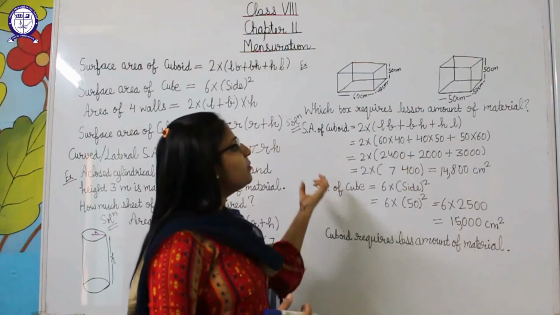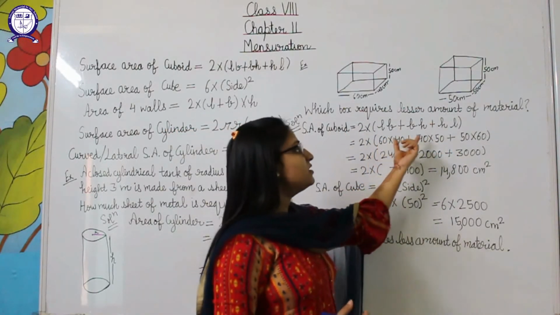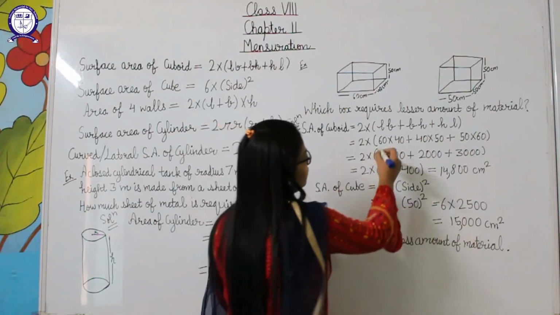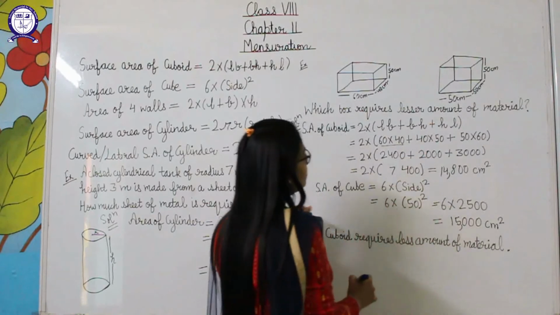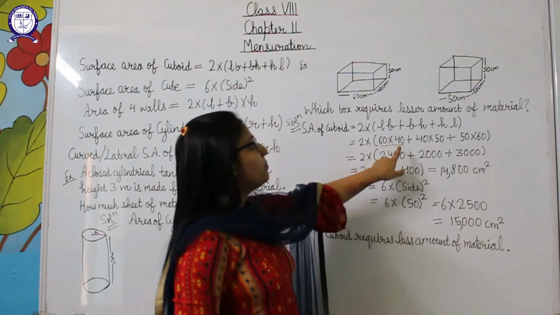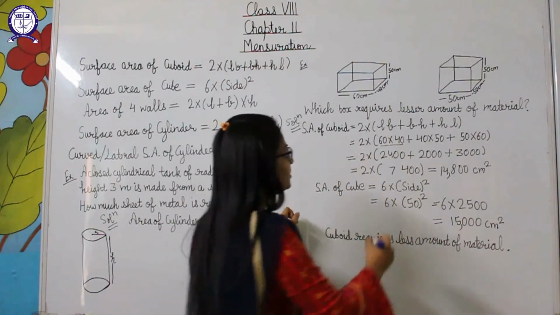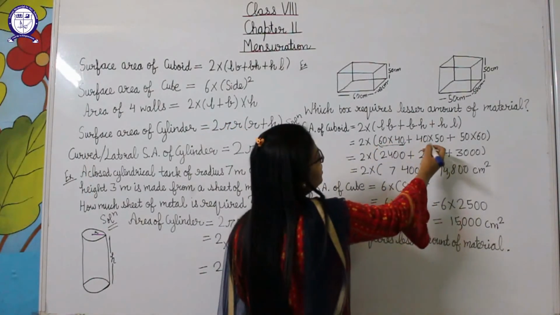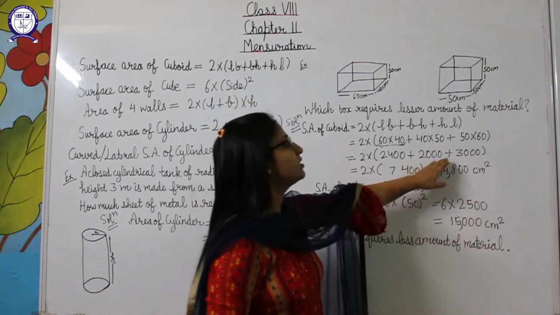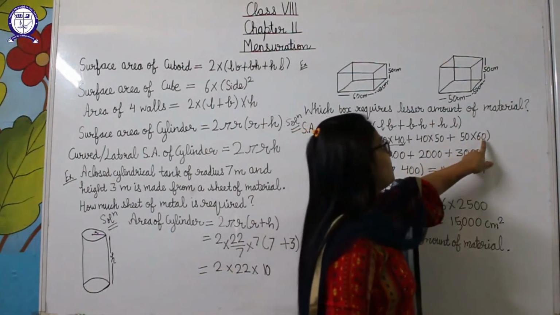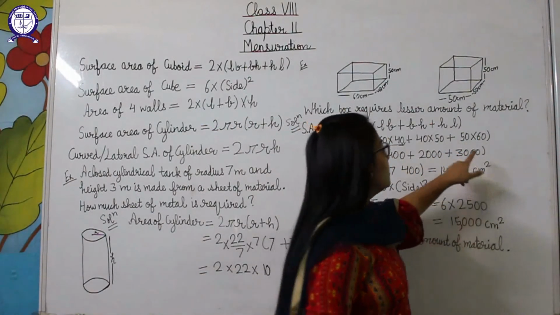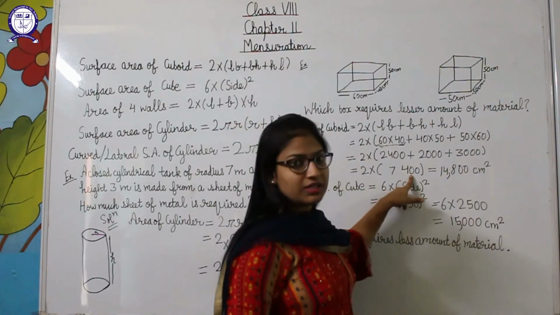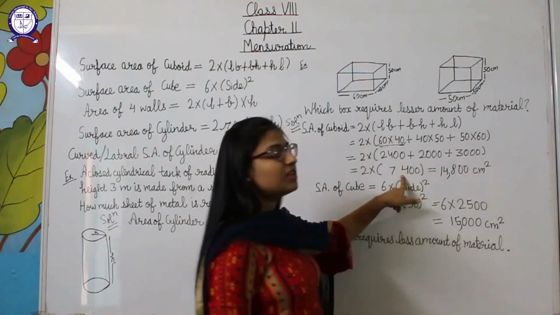Okay, and in the bracket we will solve the multiplication first and then the addition. So according to the multiplication, we will multiply these two. So 60 multiply 40, it will be 2400. Then plus sign is between them, so we will write plus sign. Then 40 multiply 50 will be 2000. Then plus 50 multiply 60 will be 3000. Now we will add these three and we will be getting 7400 by adding these three in the bracket.